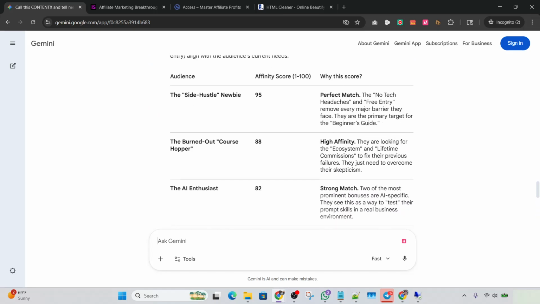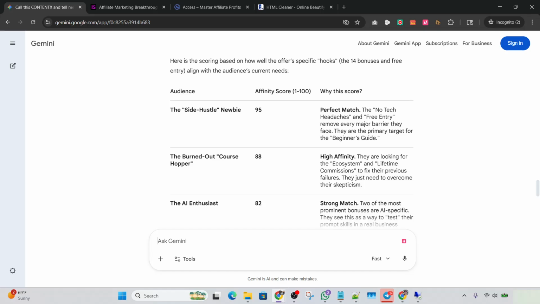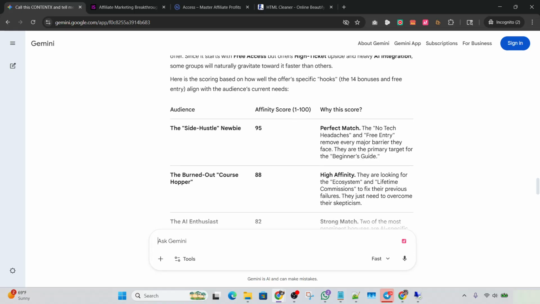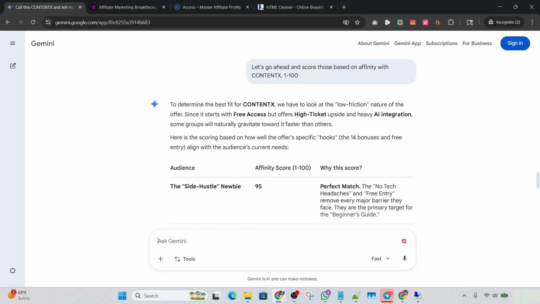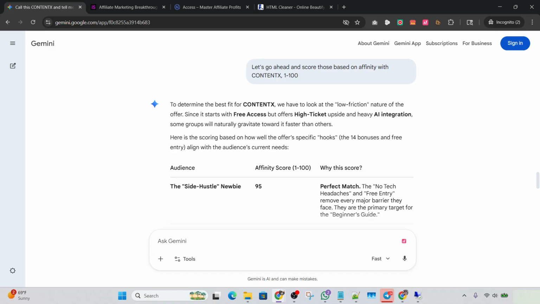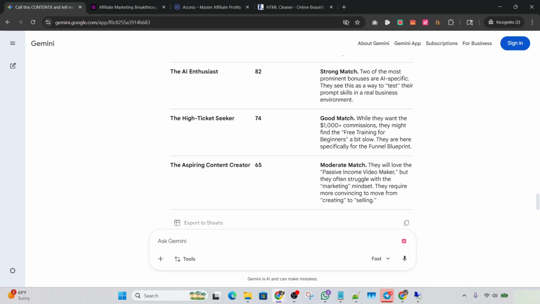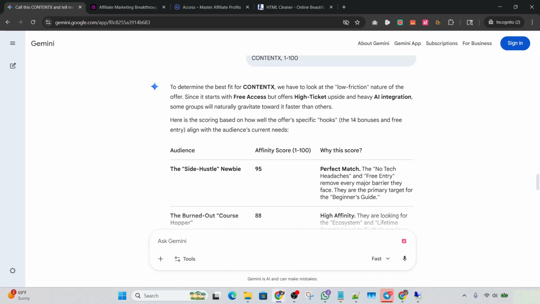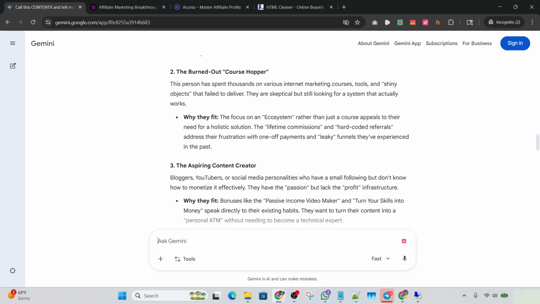And you could see who's a good match. And the thing is that it's scoring based on what I provided it. It may not be the truth. Again, it's just based on the content I provided. So side hustlers, that could be a great match. What that means is that the content I provided on this page was most likely created for the side hustle crowd. Okay, so a lot of different options, and again, I just listed 5.